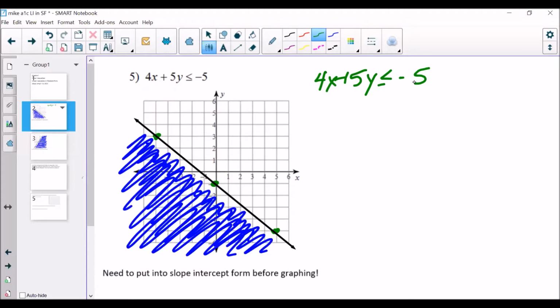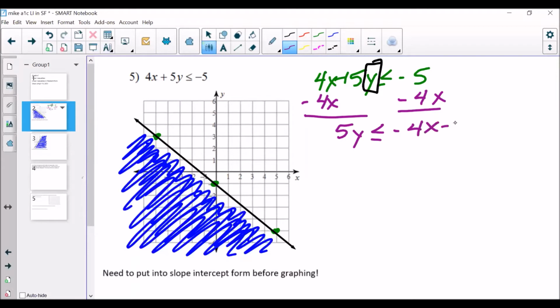So we know that we want to get the y by itself in this scenario. Since our left side has two terms, 4x and 5y, it makes sense to start off by subtracting the term that we don't want to keep over there. We want to keep the 5y over there. So I'm going to subtract 4x from both sides, and that would leave me with 5y on the left side is less than or equal to -4x